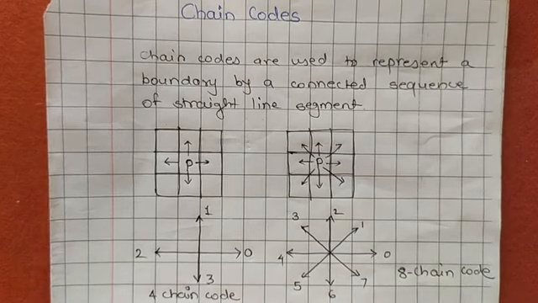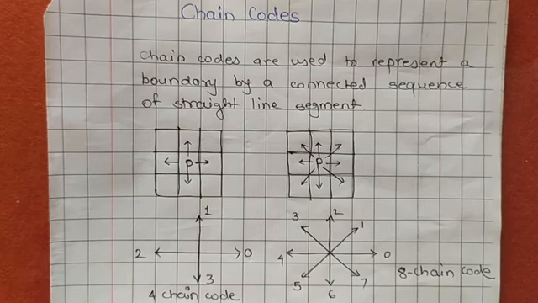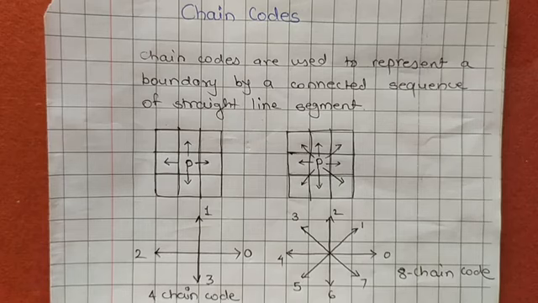So when an edge is traced from the beginning point to the end point, the direction must be considered, and for that we have to move from the first pixel of the beginning portion of the edge to the next pixel, and for that direction we have to consider such type of codes: 0, 1, 2, 3 in case of 4 chain code, or the code which is provided by the 8 chain code, which varies from 0 to 7. So by using this we can consider the direction of the edge.